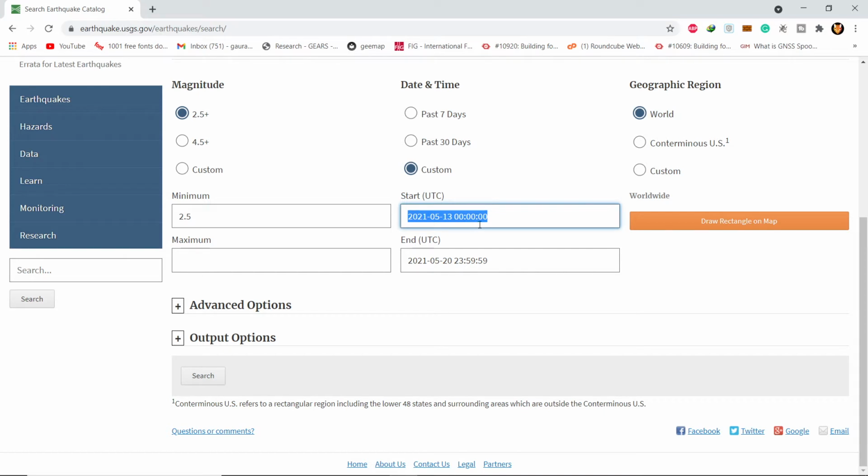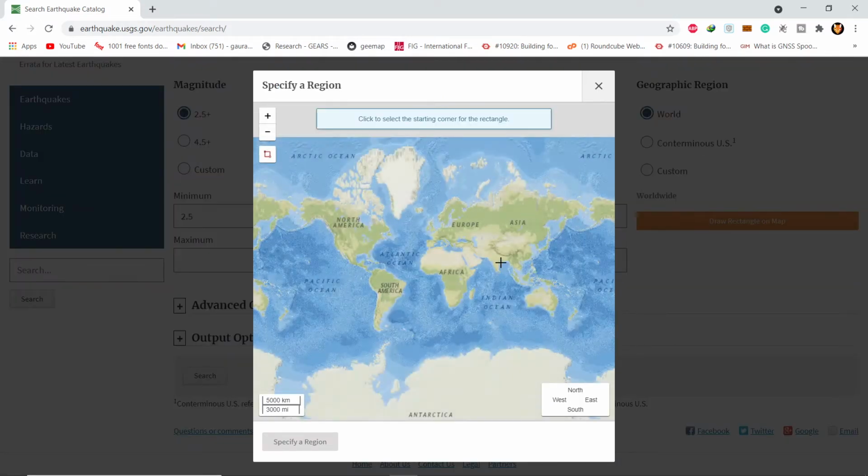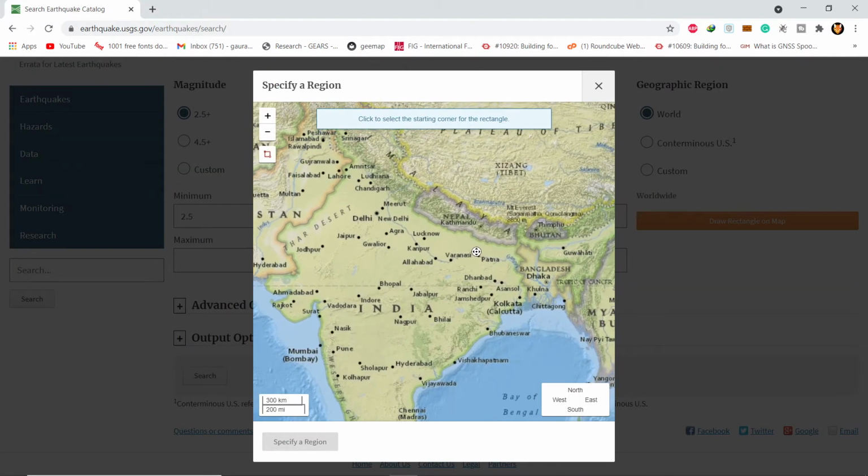So for this custom, let me set 2015. Okay, so 2015 January. Maybe I think I'll go with 3 and then 13. So up to the present, and then you should draw a rectangle over the map of your desired place,